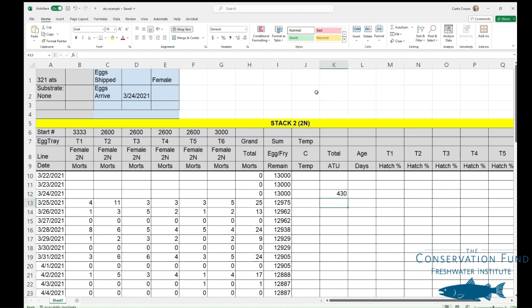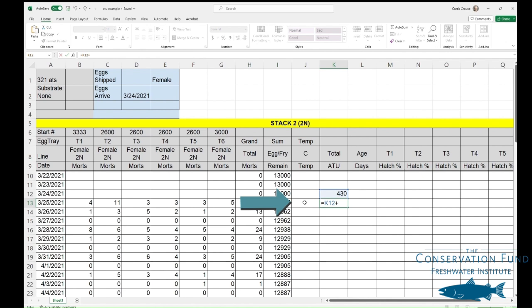To demonstrate this, here is an Excel sheet we typically use when incubating salmon eggs. We will start with the known ATU total at the top of the ATU column. Most egg suppliers will provide this starting ATU value either in tracking information or through correspondence. We can then enter a simple sum function that references the previous day's ATU and adds to it the current